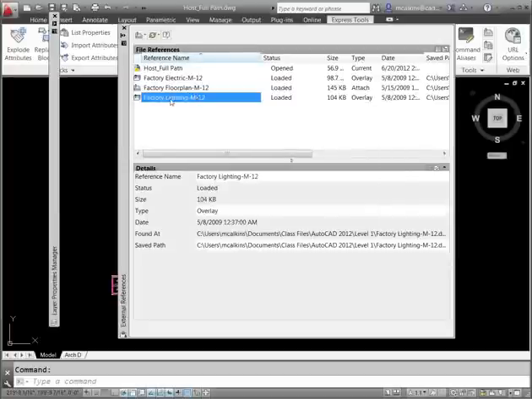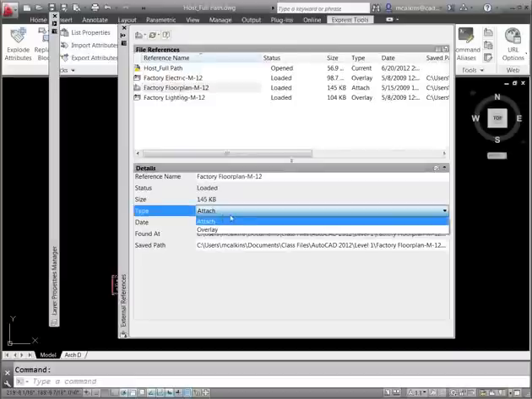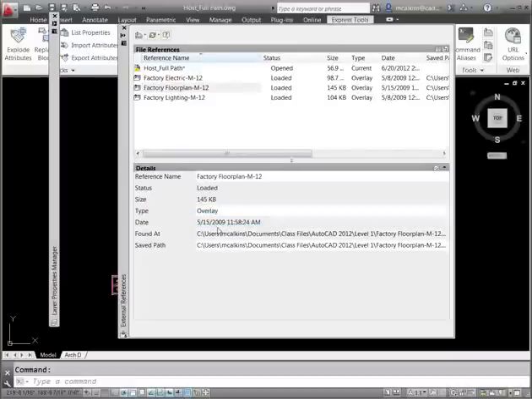So if we need to change any of this for whatever reason, say this factory floor plan needs to be changed from an attachment to overlay, I can just select it here in the File References pane, and down in the Details pane, click here where it says Attach, and that's just a little selector. I can switch it from Attach to Overlay. And now when I save the drawing,